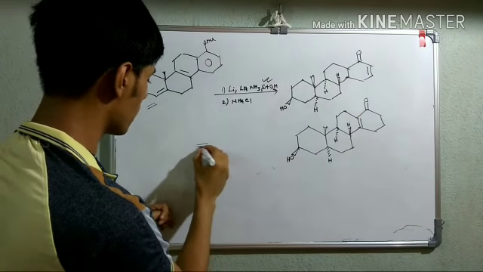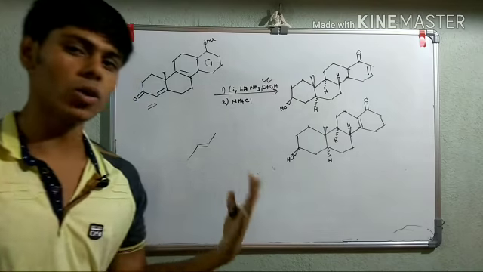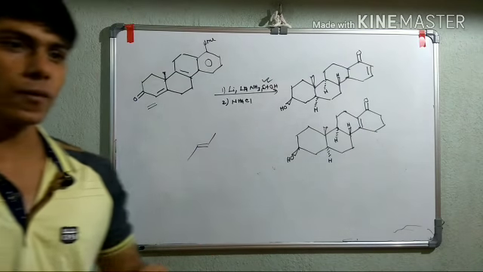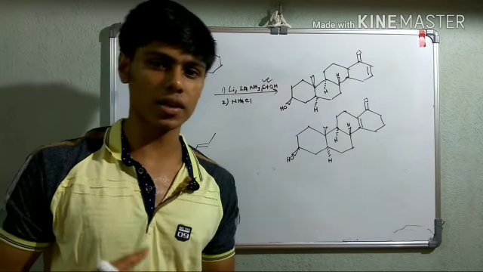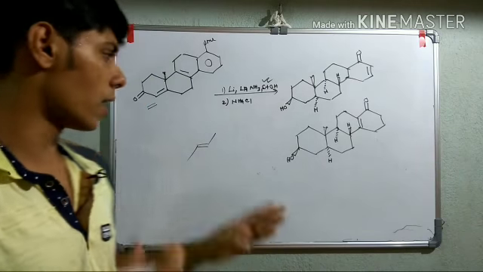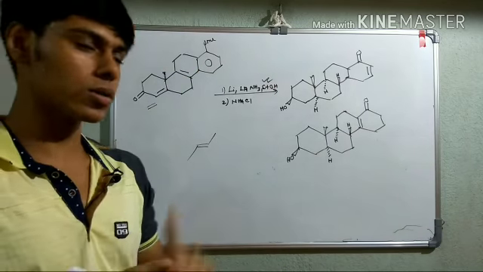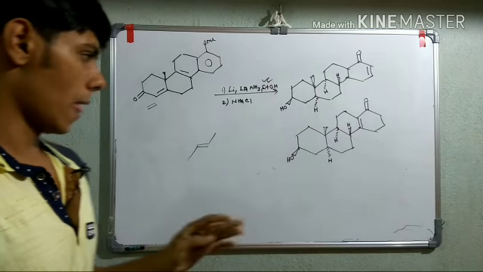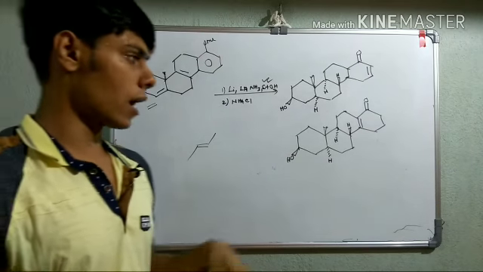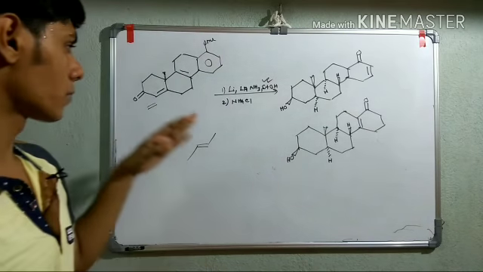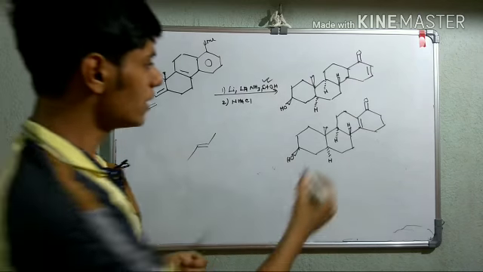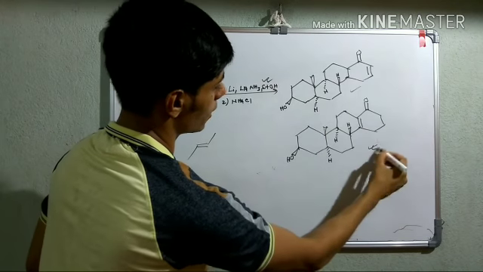So if you have an isolated double bond in your compound, and you react it with Birch reduction conditions, it will never be reduced. But here you can see it is in conjugation with the benzene ring, and due to this conjugation it is also reduced. Now another very noticeable point of this reaction is that only these two isomers are obtained from this particular reaction,